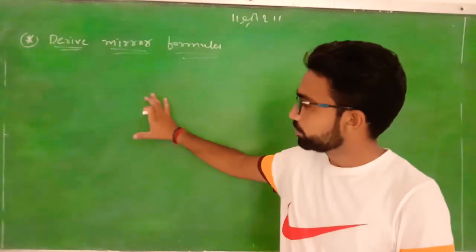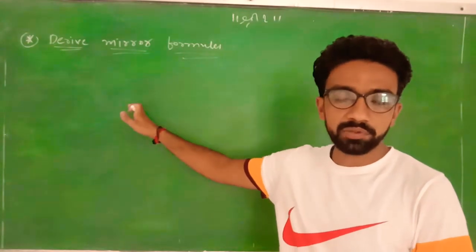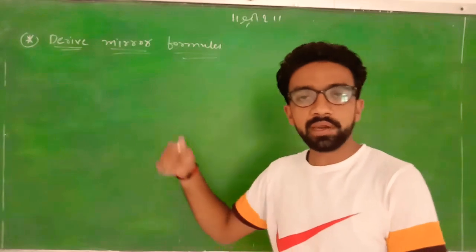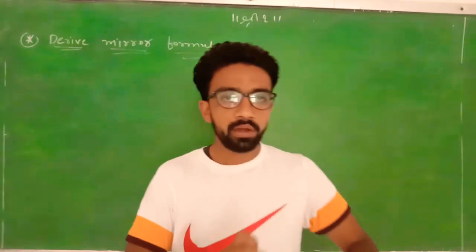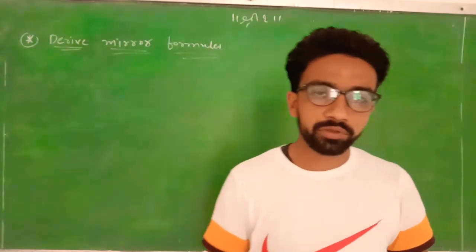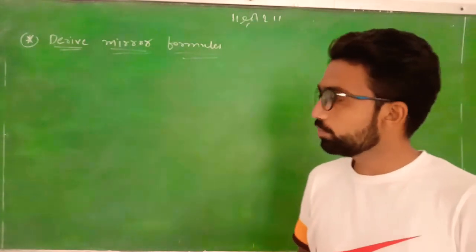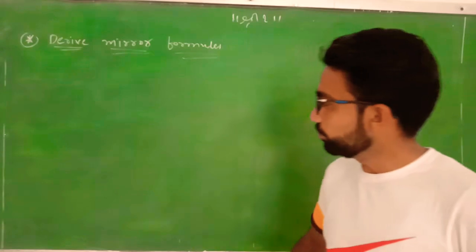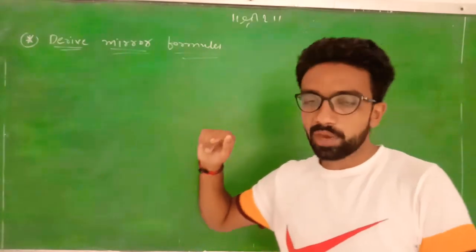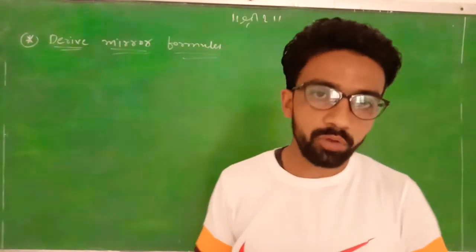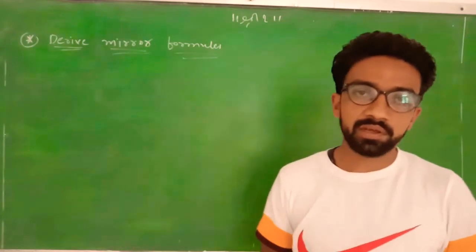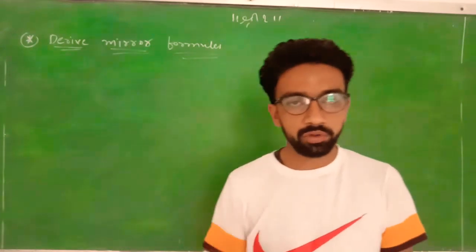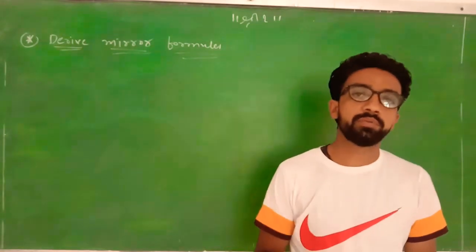First of all, we consider the figure for a concave mirror, in which we have a real image. But at the end of this theory, we draw a ray diagram for a virtual image, so you can easily understand the difference between them. Also, this formula can be derived using both mirrors, concave and convex. But in this case, we derive it only for the concave mirror. It is valid for both mirrors and for both types of image.